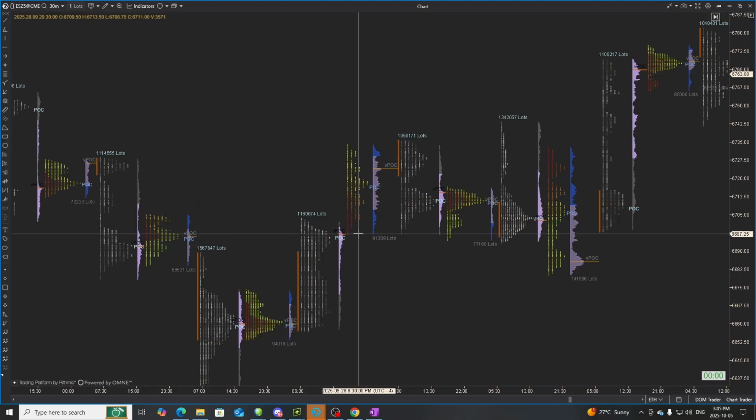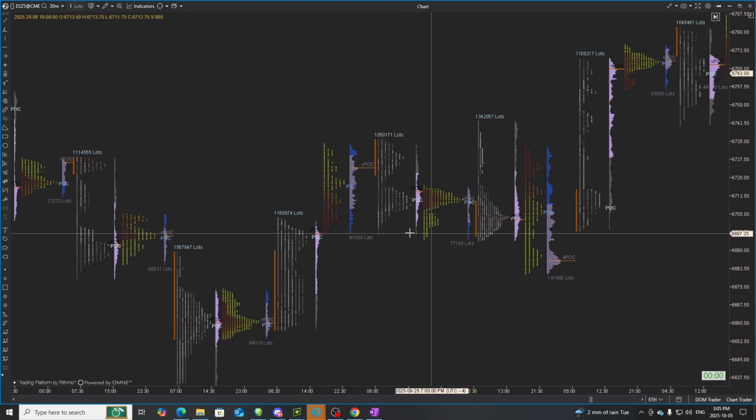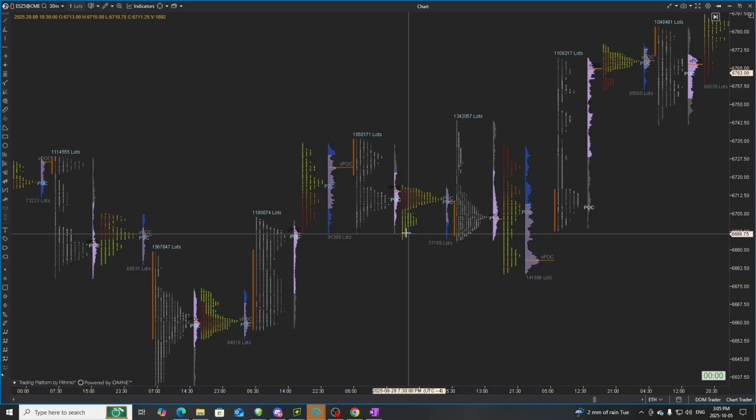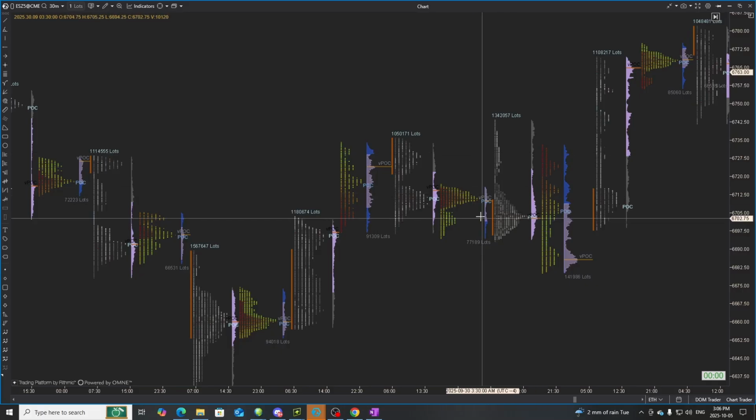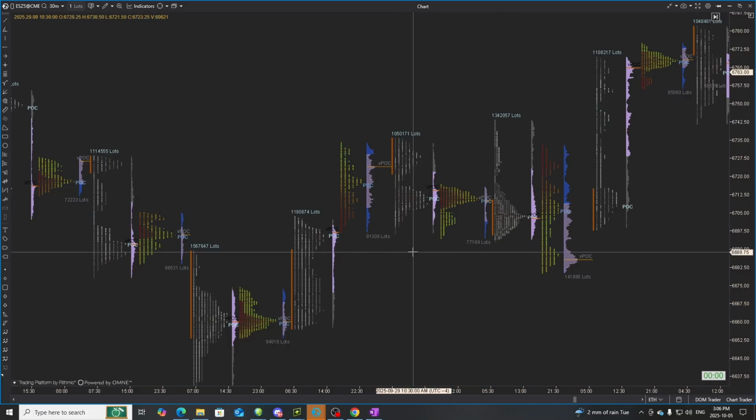We can see that the VPOC of this day is really holding well. Okay, you see the overnight low over here, and this was Monday. We again held the VPOC after closing the gap, and in the overnight session we are again holding it. So now you can really make a plan. This is the day, this is Tuesday, before going into this session, you can really build some plan